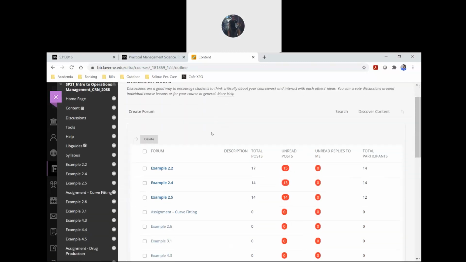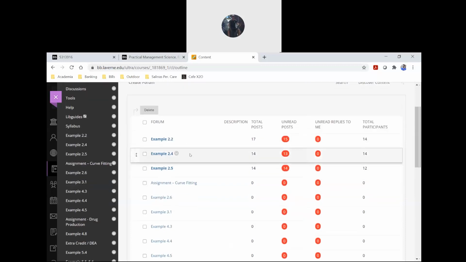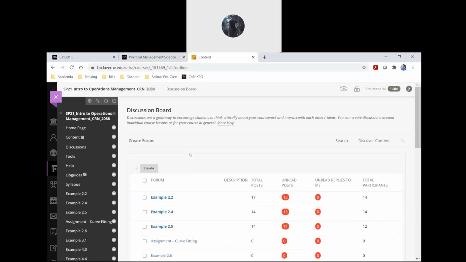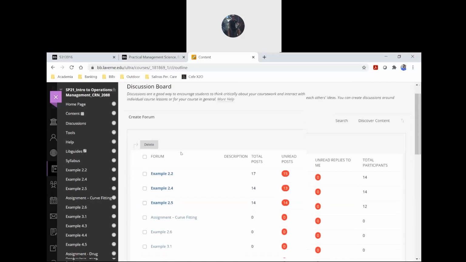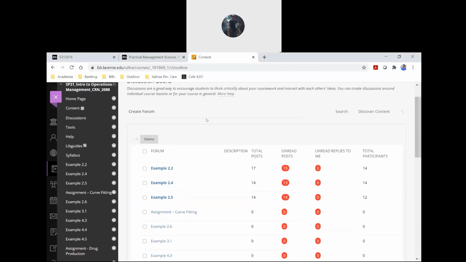Okay, so these three assignments are what we've had done so far. So example 2.2, 2.4, and 2.5. Those were due Monday, I think, or up to Monday. I'll get those graded soon, and I'll start posting your grades for the assignments. We're a few days behind because of the holiday and because I wanted to take an extra day on that